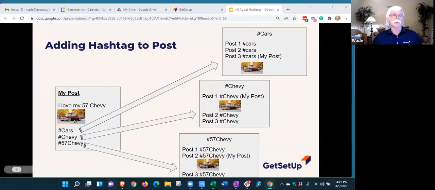So let's say I'm a used car salesman and I sell used cars, and this is one of the cars I'm trying to sell. I probably want to have hashtags that anybody looking for a 57 Chevy would be looking for, but then I probably want to have some other ones that are broader, like hashtag Wade's Cars, hashtag used cars. So that's kind of the broad and specific. Good discussion. There's a question about can your name be a hashtag? Sure, anything can be a hashtag.